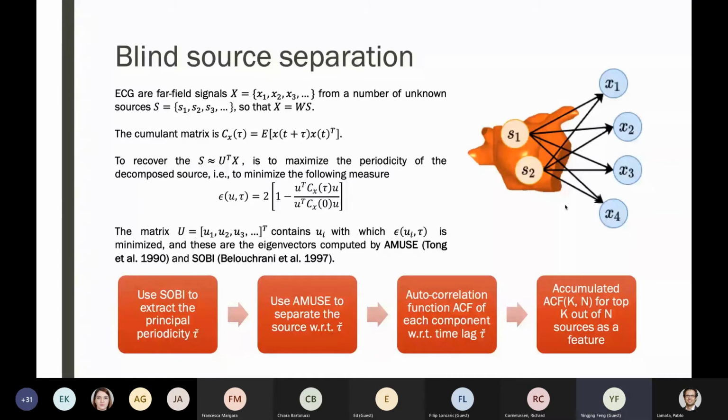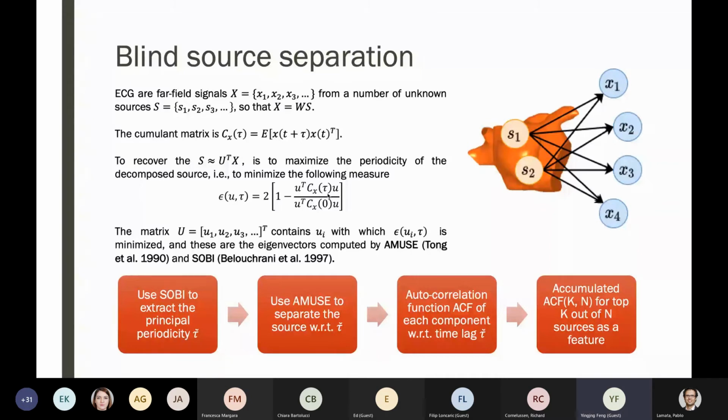We infer the source in the heart, and to do this, we use a cumulant matrix, which is an autocorrelation function, and we use either Amuse or Solvi to extract their eigenvectors in order to extract the source in